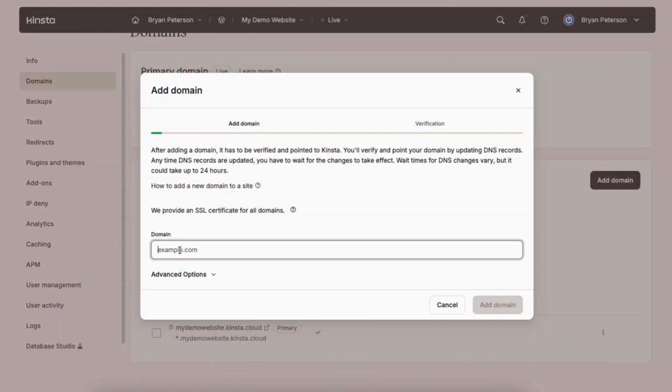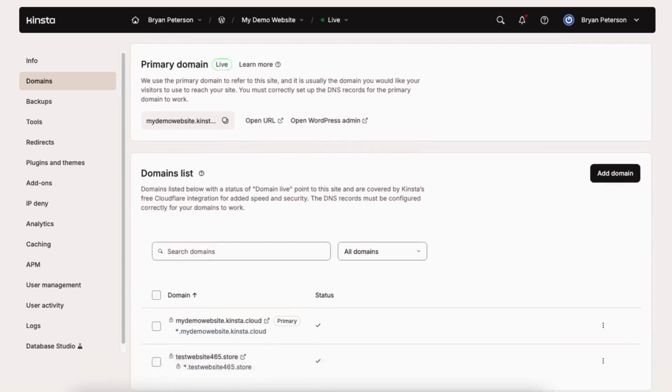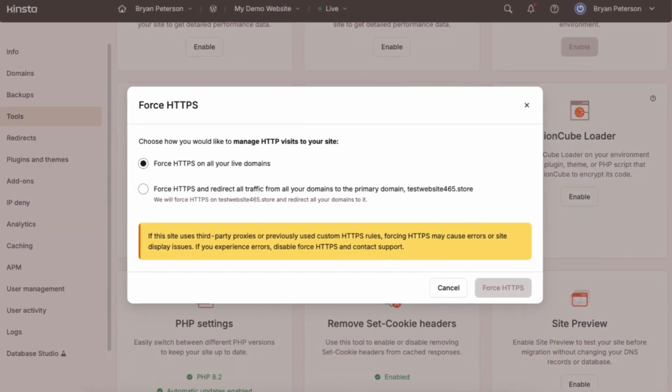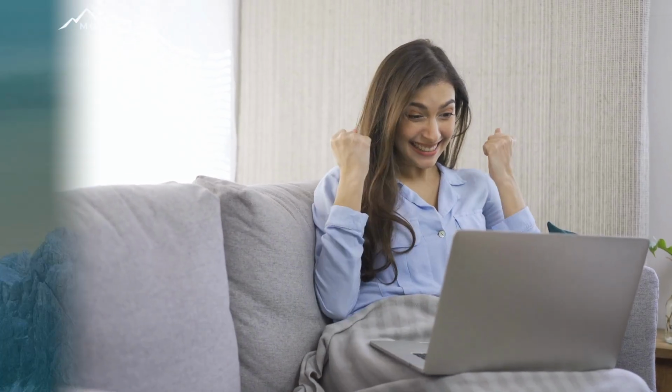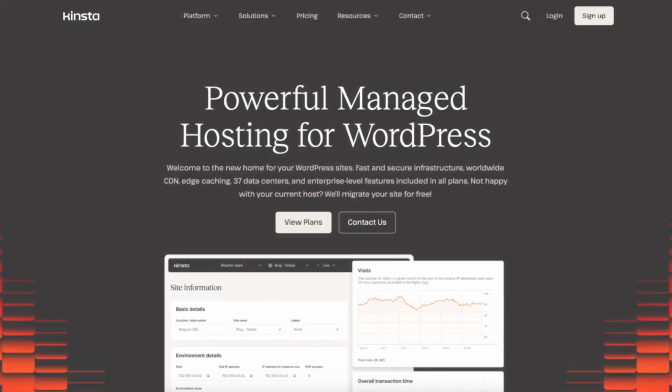You'll also learn how to connect your custom domain, configure DNS settings, point your name servers to Kinsta, and activate your free SSL certificate to keep your site secure. By the end of this video, you'll have a fully functional WordPress website hosted on Kinsta and ready for the